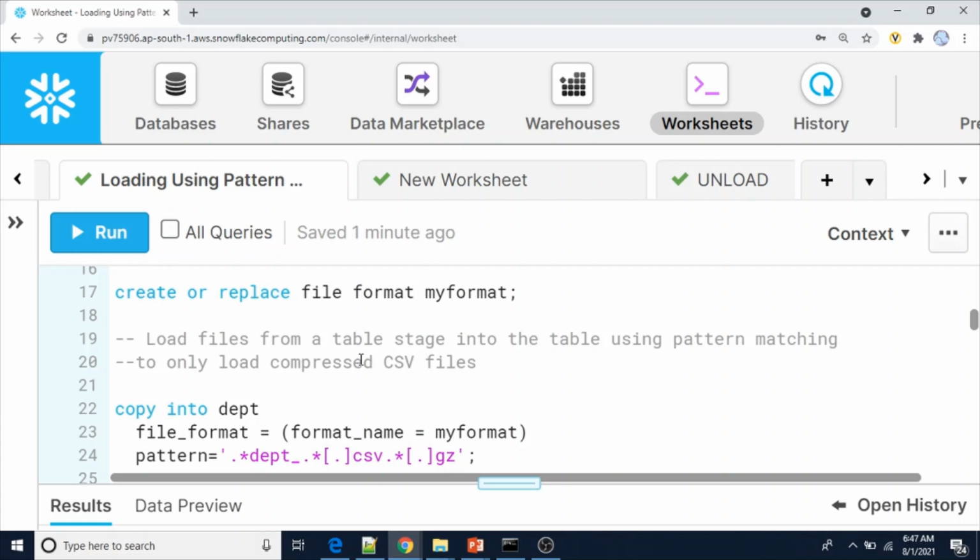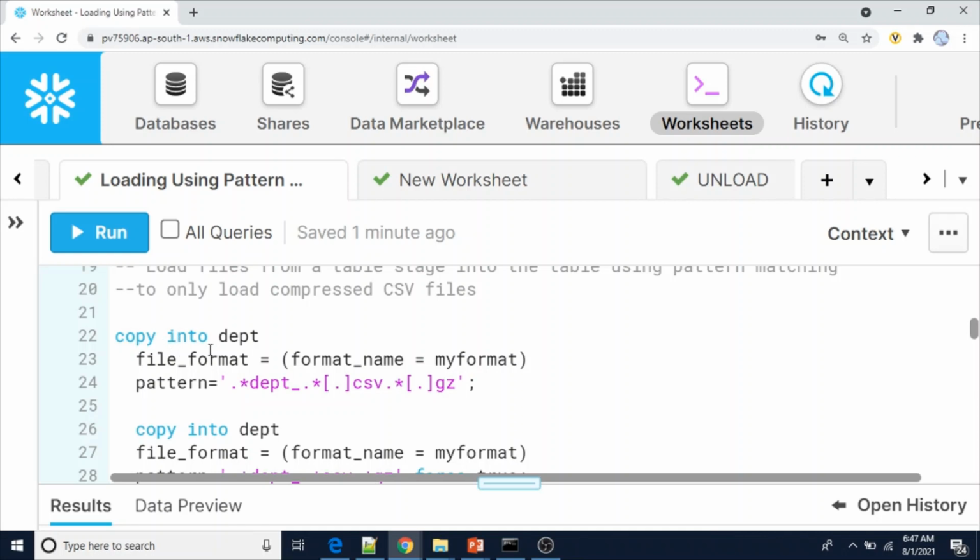So this is the copy command: copy into department, file format name equal to the file format, and pattern. As I said, this is the prefix, so dot star at the start.